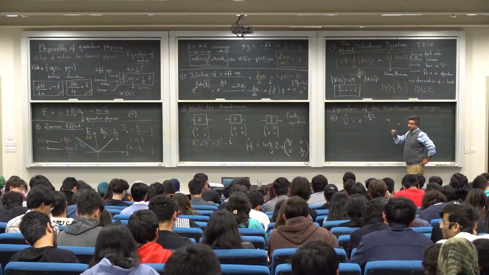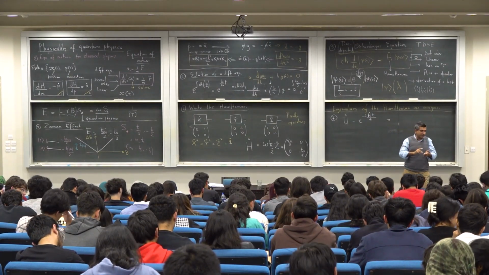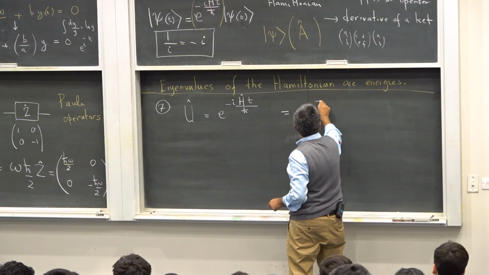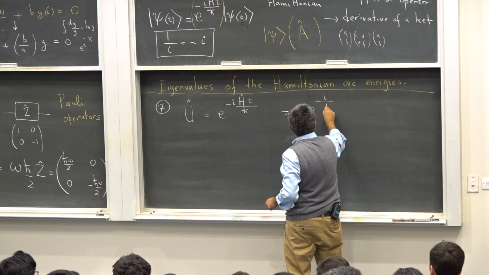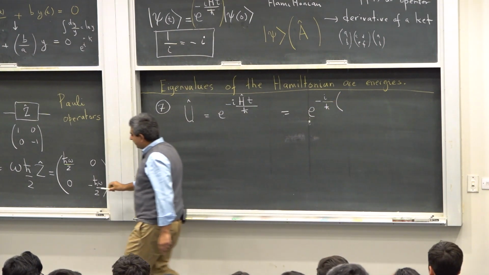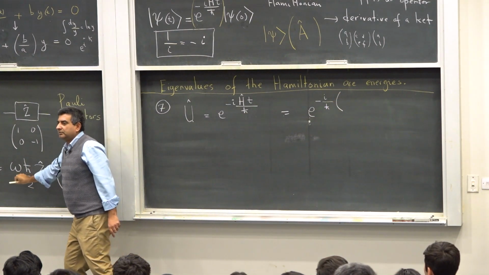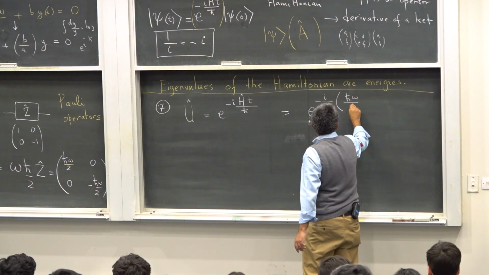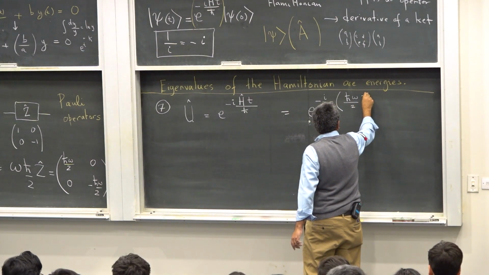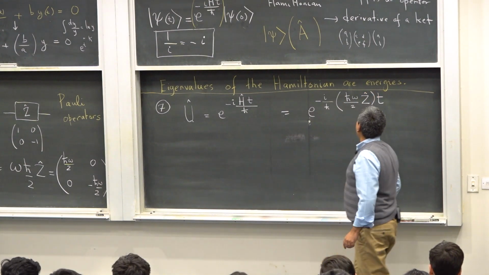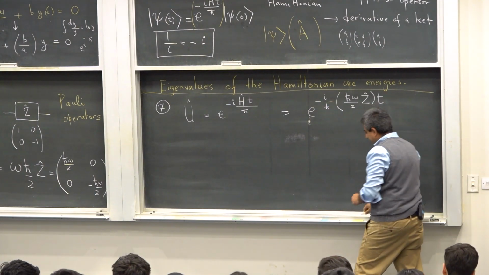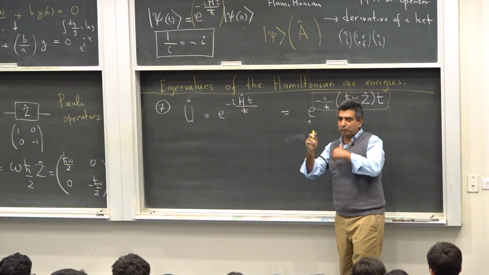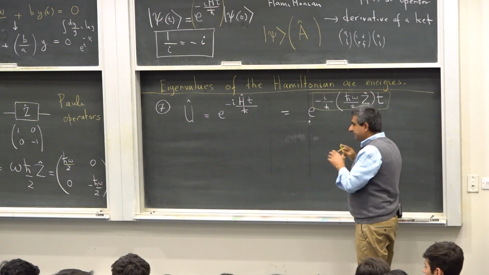So now for our problem at hand, which is a spin inside a z pointing magnetic field, we already know what the Hamiltonian looks like. So this is e raised to minus i over h bar, and my Hamiltonian is now given by this thing, h bar omega over 2 sigma z, into t. All of this is inside the exponent. This entire thing is inside the exponent. So don't be befooled by anything else.